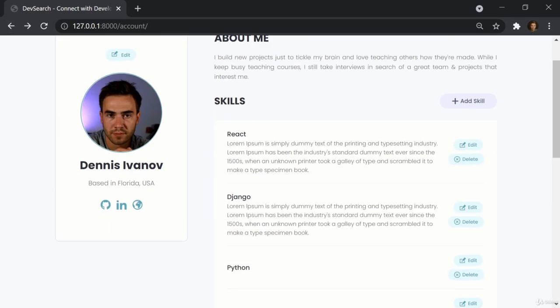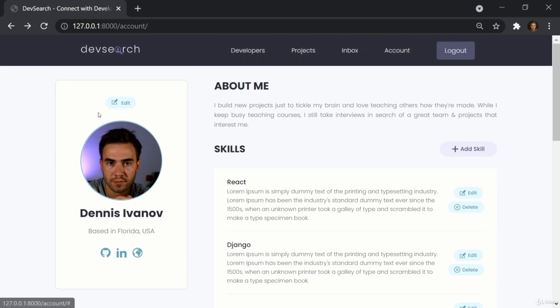So that's it for this video. In the next one, what we're going to do is add in some CRUD functionality for the user profile. So when someone registers, they're going to be redirected to the edit page. So the page that we can go to when we click on edit, and then they're going to be prompted